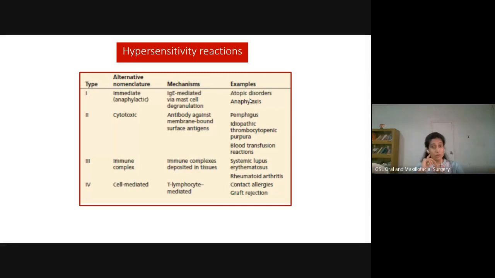Now the immune complex type simply means that you have immune complexes. You have an antigen and an antibody, and they go and deposit into different parts of the body. The classic example for this are two diseases. One is SLE, systemic lupus erythematosus, and the other is rheumatoid arthritis. RA does not cause so much mortality. SLE, on the other hand, causes quite a significant amount of mortality. Mortality means death. Morbidity means disease. Okay. Now, the last one is the cell-mediated type. This is